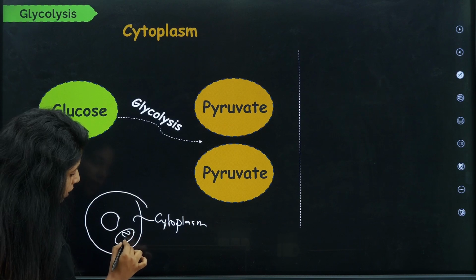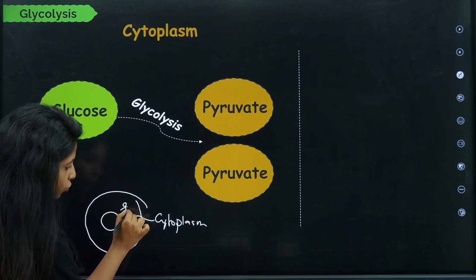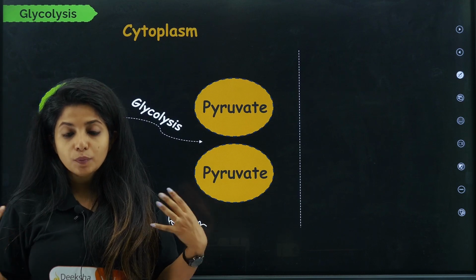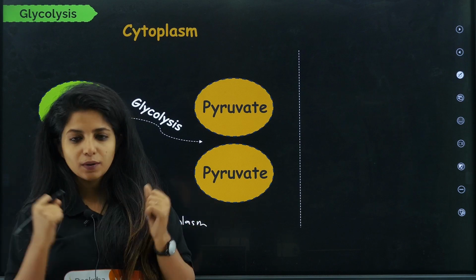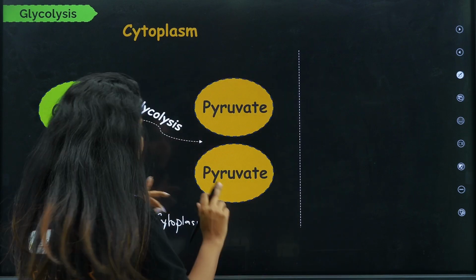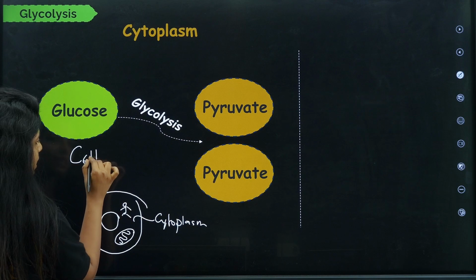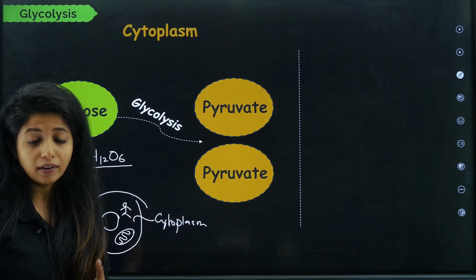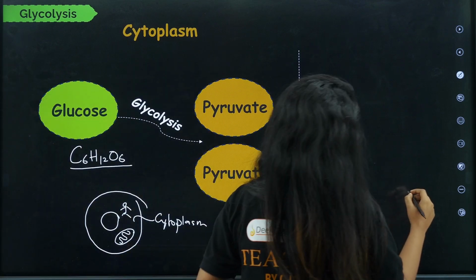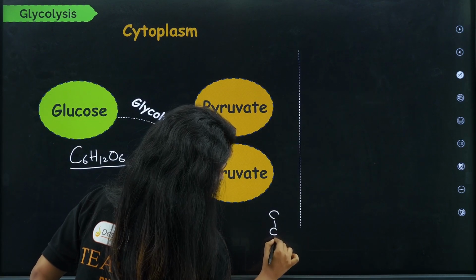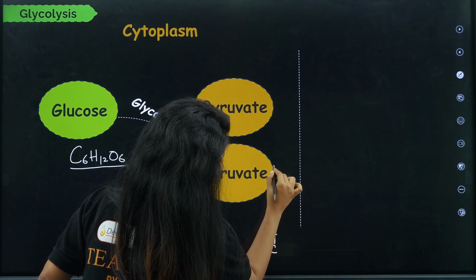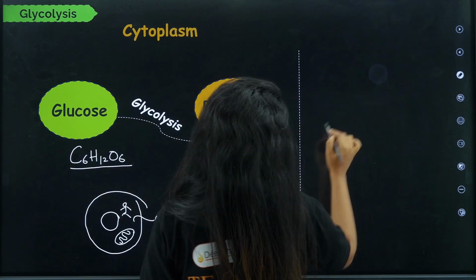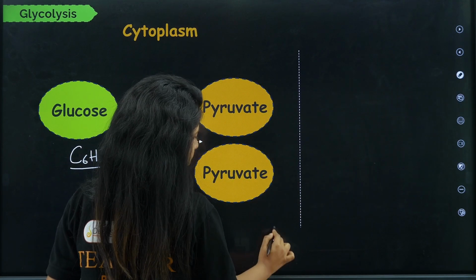I am just going to make one organelle, that is the mitochondria. So presently I am over here in the cytoplasm. In the cytoplasm, what is happening to me? I am glucose molecule. Let's see what is happening to me. So glucose, if you know, it is having 6 carbons. It is known as C6H12O6. If you are someone who is very curious about it, basically it has 6 carbons like this, 1, 2, 3, 4, 5 and 6. And similarly, it has so many hydrogens also. I'm not going to make my board look bad with that, but I hope you got it.